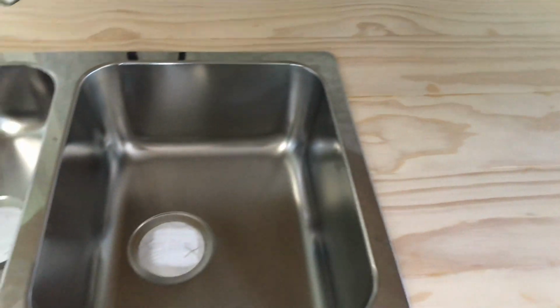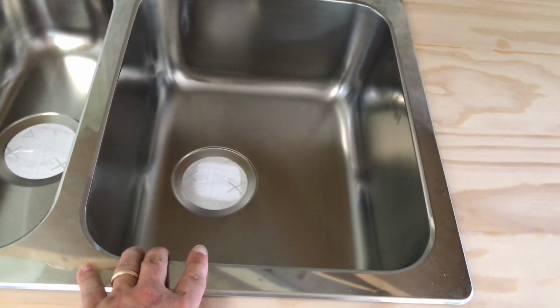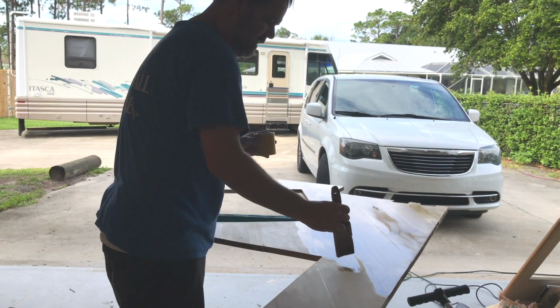Nice handmade solid wood countertop, stainless steel sink. It's nice and light, which is key. That should be perfect. Put the faucet in the back and ready to start buttoning her up and going to the upper level here. I'm staining the countertop